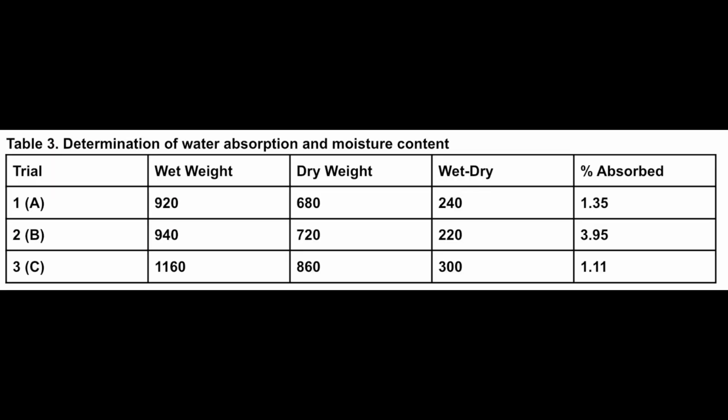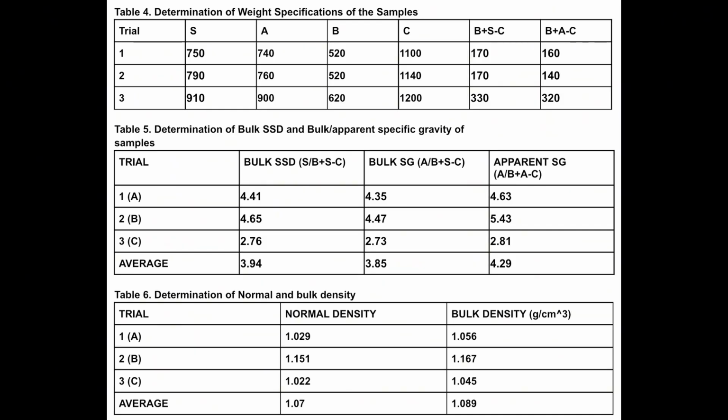Table 3 shows the determination of water absorption, with sample A having 1.35% water absorbed, sample B with 3.95% as the highest, and sample C 1.11%. Table 4 and 5 show the weight specification of the samples and the determination of bulk SSD and apparent specific gravity of samples. Lastly, Table 6 shows the determination of normal and bulk density, in which sample B got the highest result of